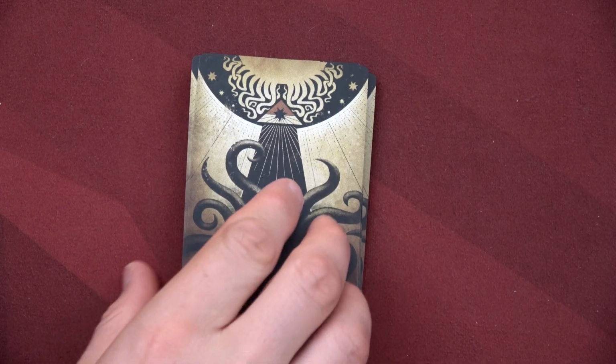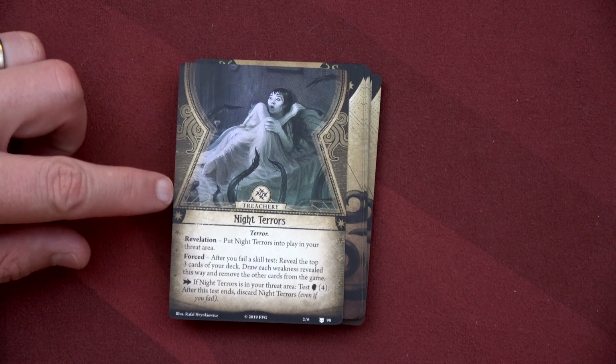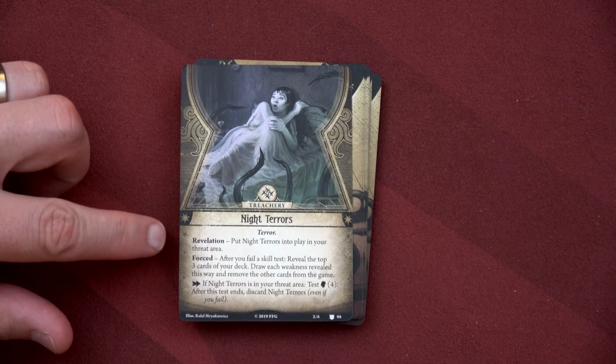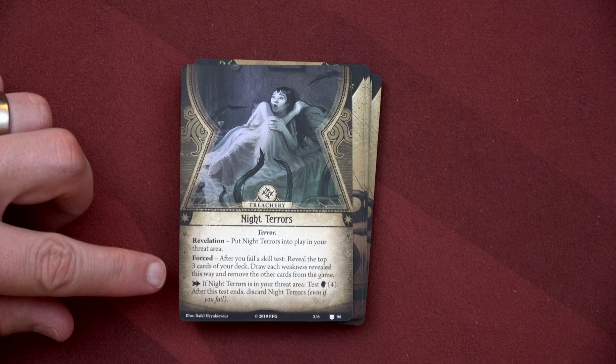We'll draw first for Patrice. She will get Night Terrors. Put Night Terror into play in your threat area. After you fail a skill test, reveal the top 3 cards of your deck. Draw each weakness revealed this way and remove the other cards from the game. Ooh. The Night Terror is...